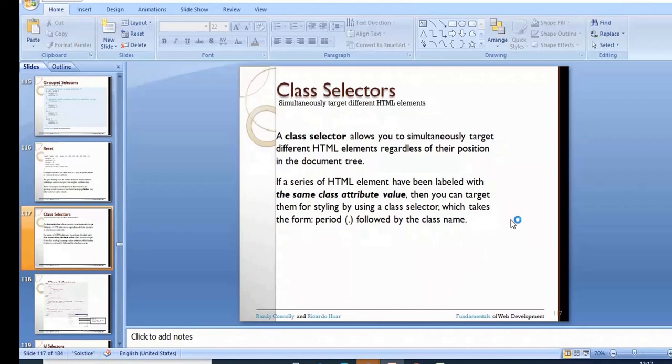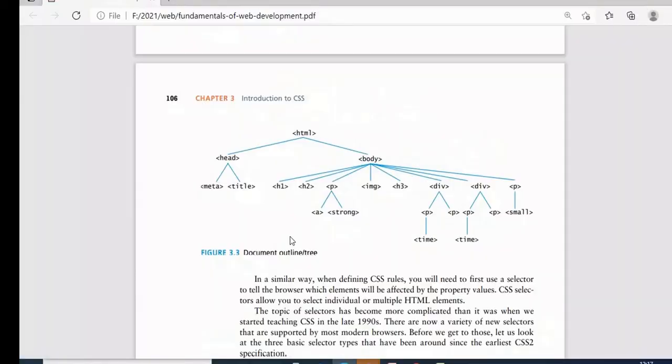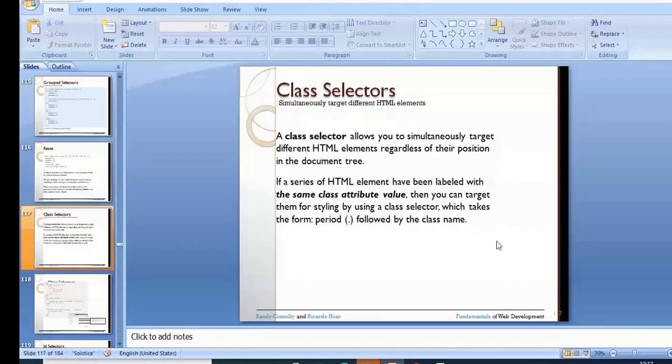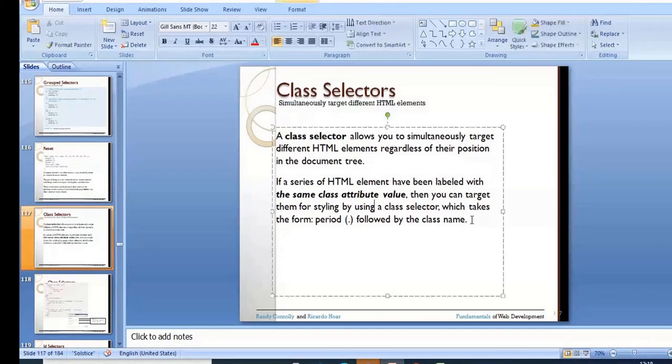Wherever the element is in the document tree, you can just see the position. For the different positions of the HTML element, wherever you specify, the class selector is going to apply whatever style you have specified. So that is called class selector. There is nothing difficult in representing this class selector. You need to specify it using a period or dot followed by the class name. In the selector tag you are going to give the class name, so that class name you need to specify here.